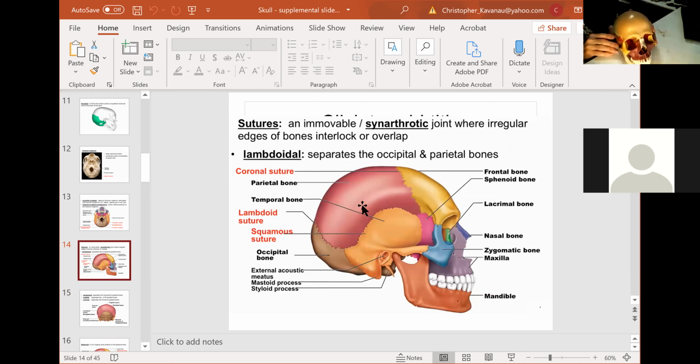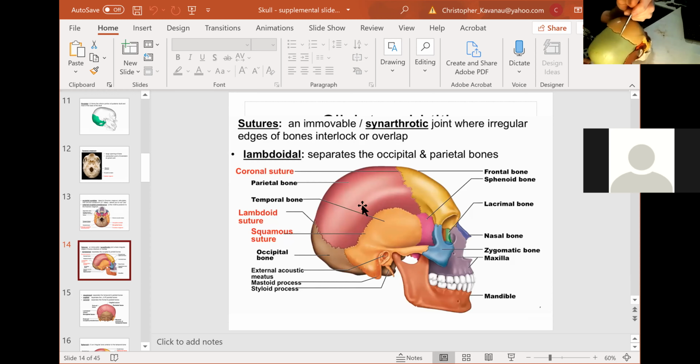Okay, and now let's talk about the sutures. These bones are held together by sutural ligaments. And these sutures have names, and I'm going to review the names. So this suture here, just going to get you oriented. This is the anterior side of the skull, all right? So I'm going to turn it a little bit in the lateral direction, a little bit posterior, and you can